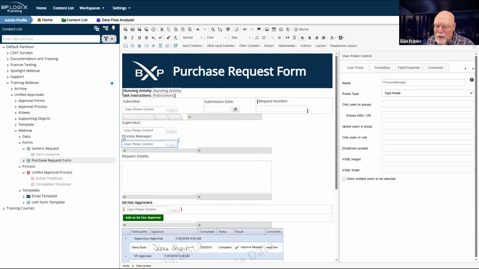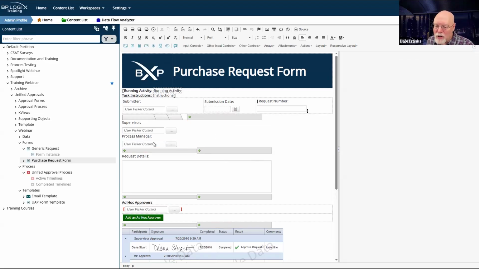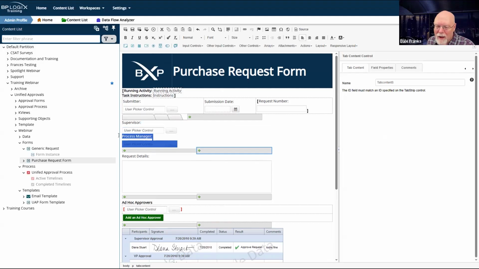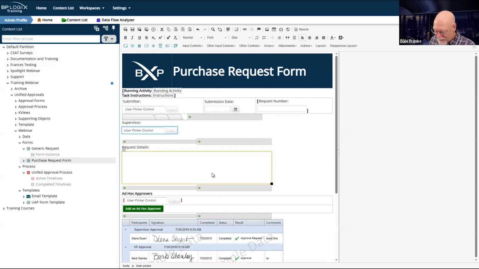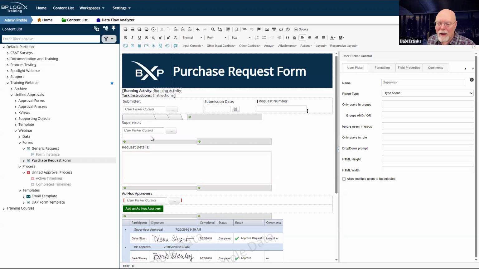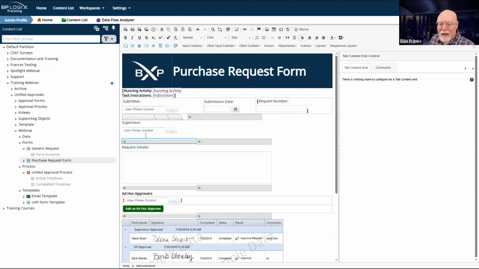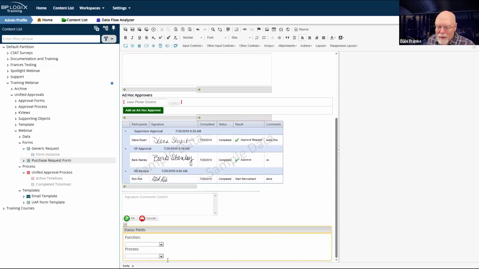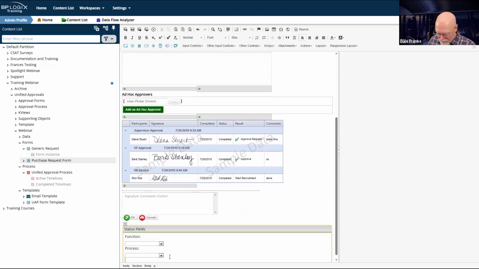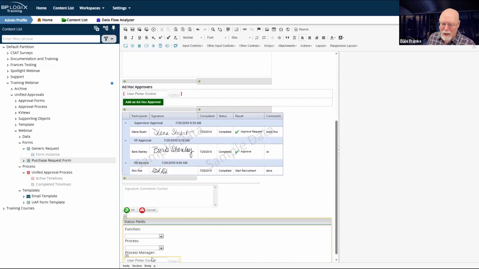This is another control that I don't need to be viewed by end users. Okay, come on, please let me highlight the whole thing. There we go. X. I don't technically need that line break there, but I do need my process manager down here.